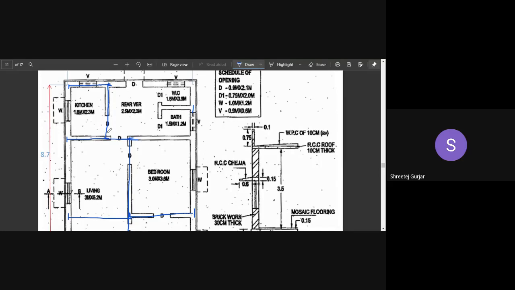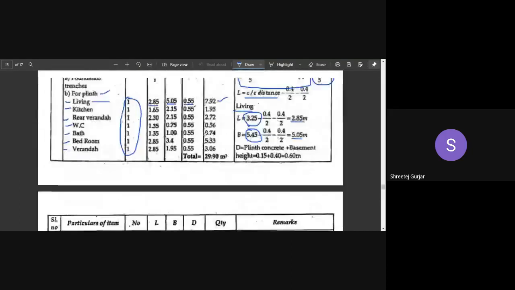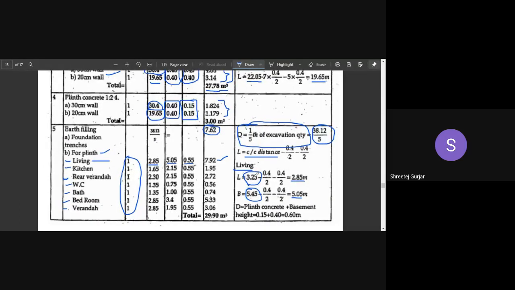So let me just calculate and show you what the value will be. The length of the kitchen will be 0.15 plus 1.8 plus 0.1, right? 0.2 by 2 is 0.1. So it is coming up to 2.05. So 2.05 is what I have to write here, the length calculation. So 2.05 minus 0.2 minus 0.2, it will be 1.65. So that I have written here, 1.65.